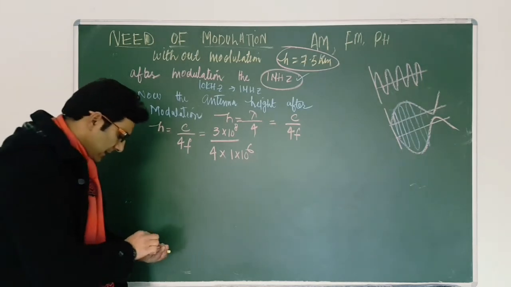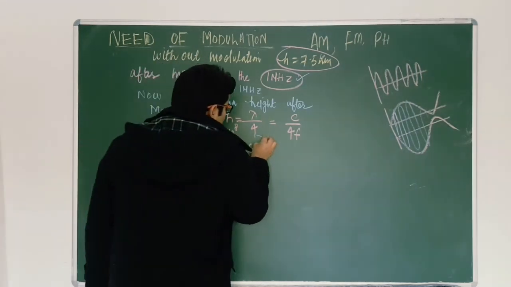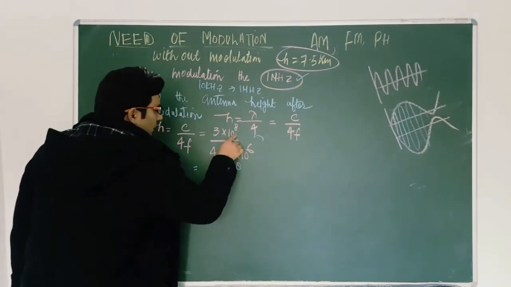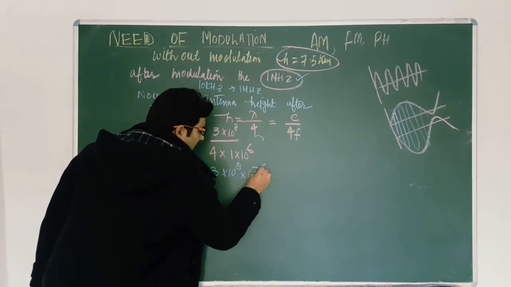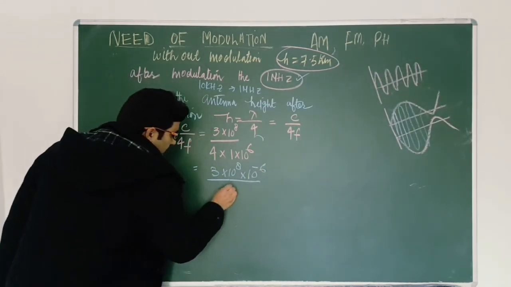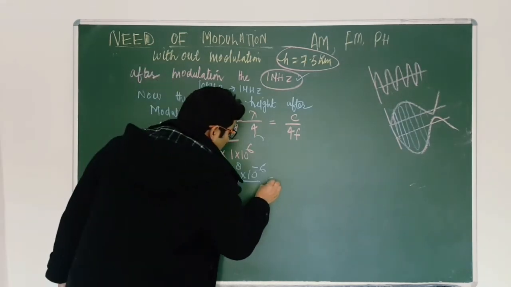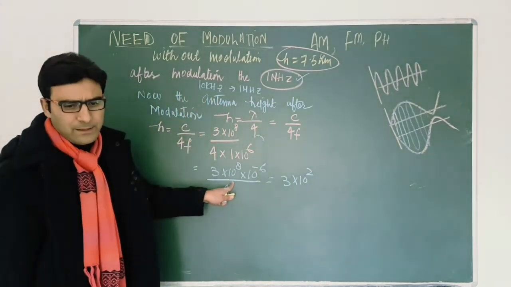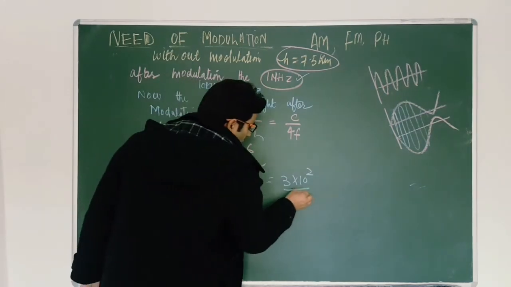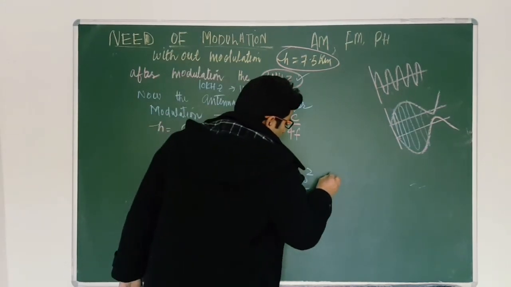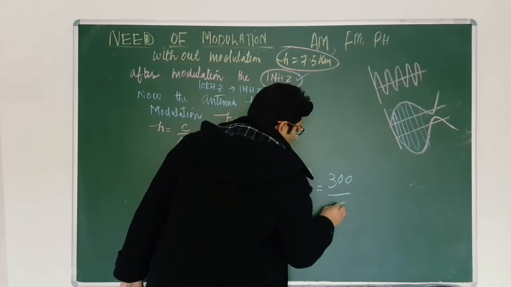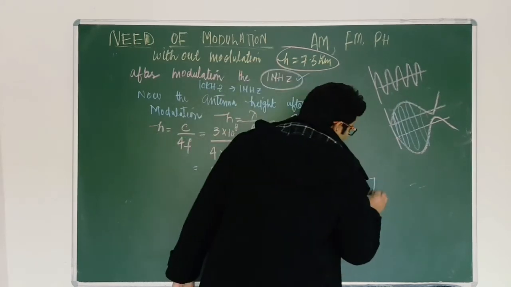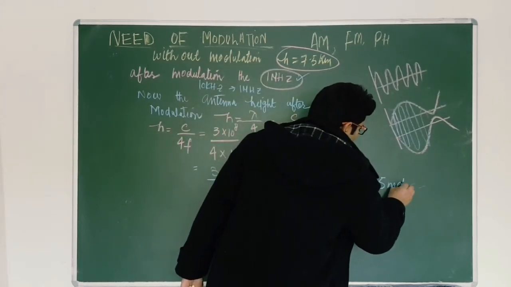Okay, good. Pay attention here. So this will become 3 into 10 to the power 8, and 10 to the power 6 from the denominator goes up as 10 to the power minus 6, divided by 4. So it will become 3 into 10 to the power 2, clear? 8 minus 6 is 2, divided by 4. So it will become 300 divided by 4, and it will become